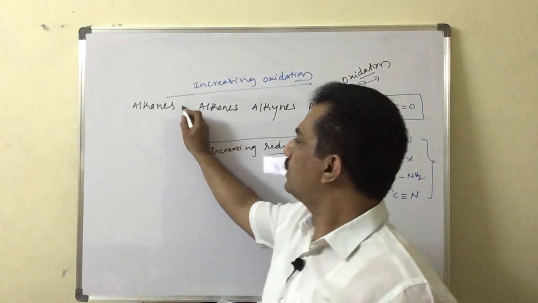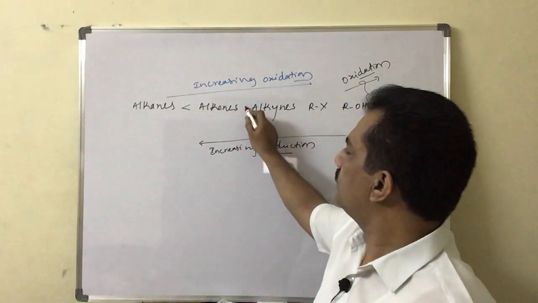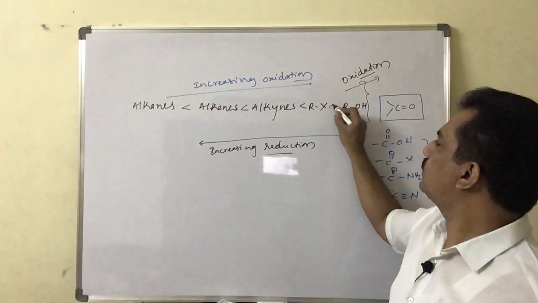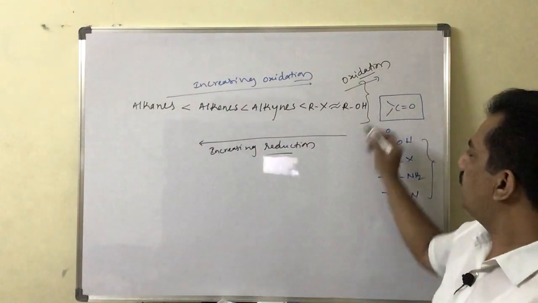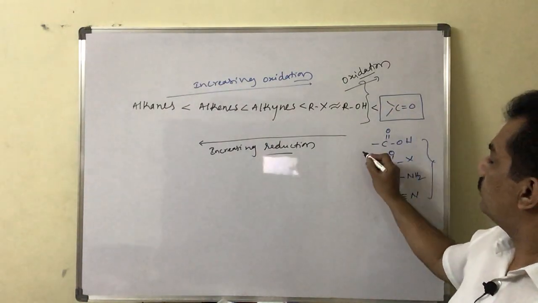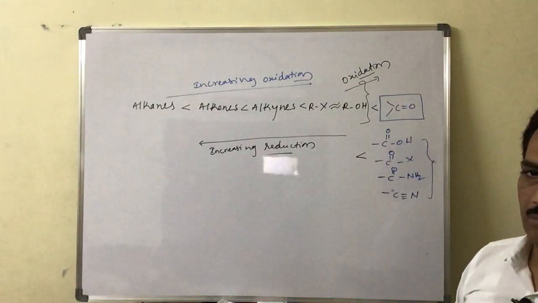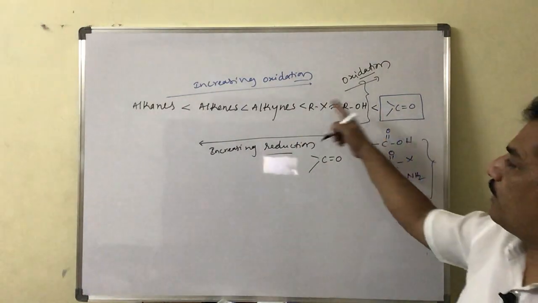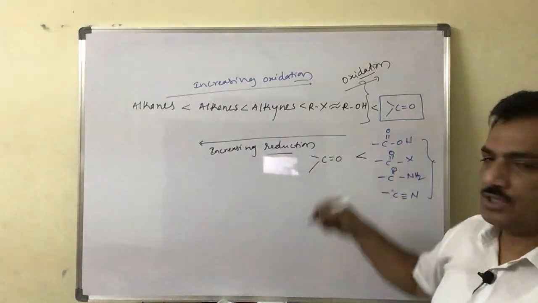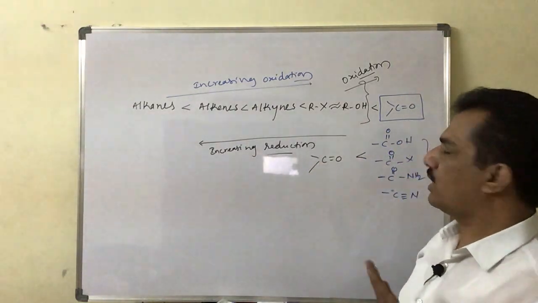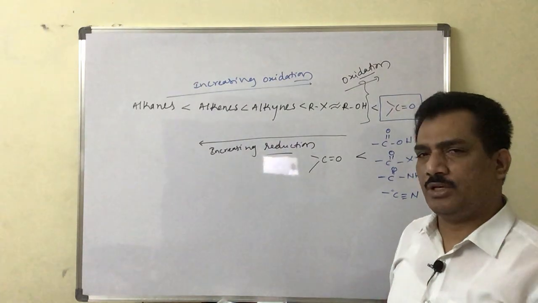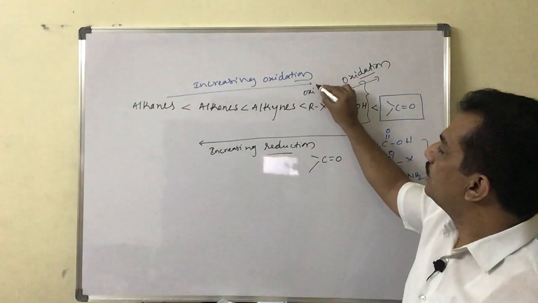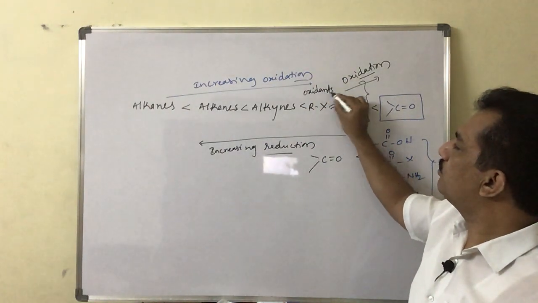because alkanes are less oxidized than alkenes, which are less oxidized than alkynes, which are less oxidized than alkyl halides, and these two are almost equally oxidized, and then alcohols are more oxidized, and these are all less oxidized than carbonyl compounds. So when a carbonyl compound is prepared from alkanes or alkenes or alkynes or alkyl halides or alcohols, whatever the substrate may be, we have to use oxidants because it is an oxidation